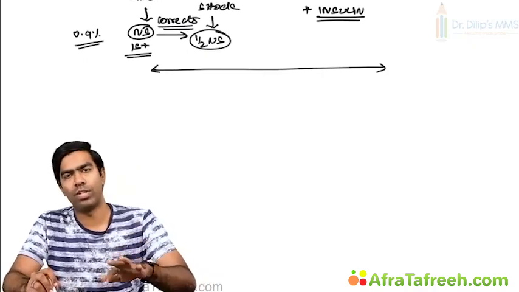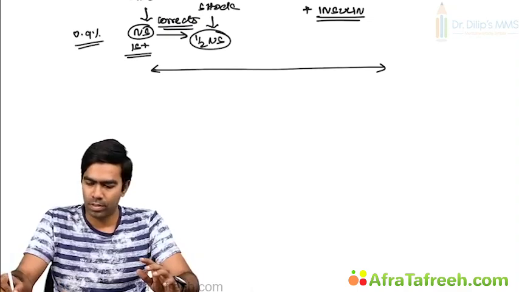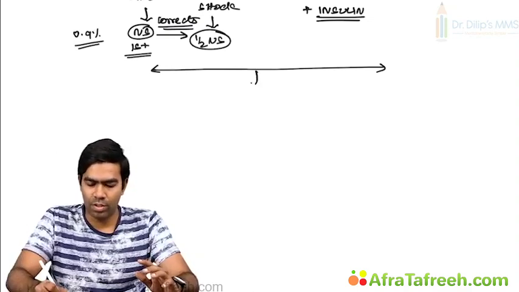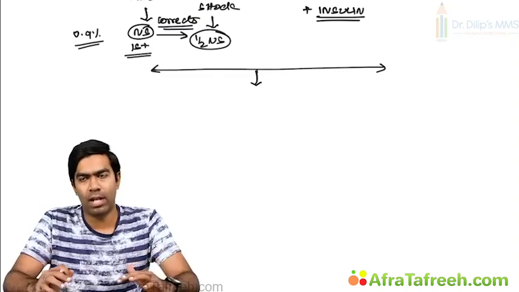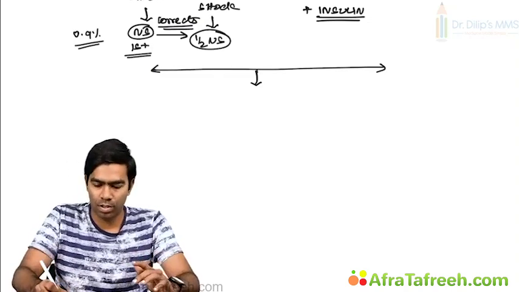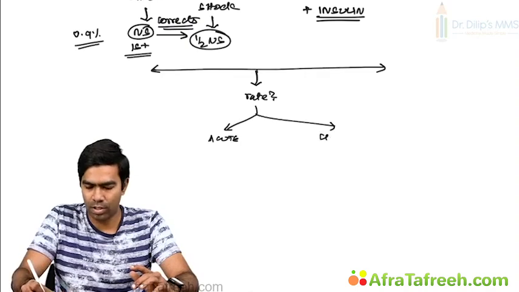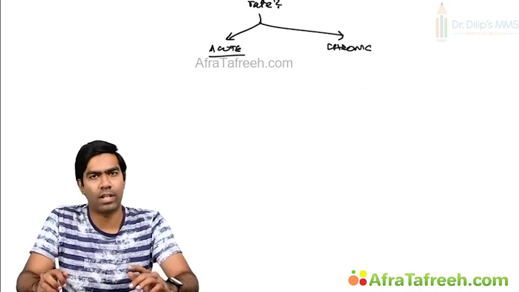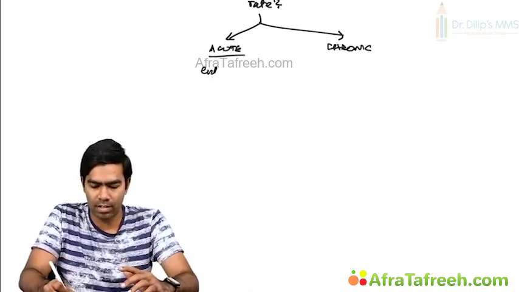Now you know what fluids to choose. You have chosen the fluids. After choosing the fluids, you have to know how to correct them and what is the rate of correction and all these things. For this, let us classify into an acute and a chronic hypernatremia. In acute hypernatremia, the rate of correction is very easy to understand, which means the entire correction can be done